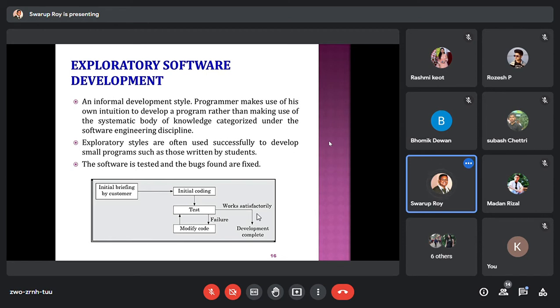That is what leads to software crashes and software failure at a later stage. So exploratory software development is not going to be encouraged by any good software development company.